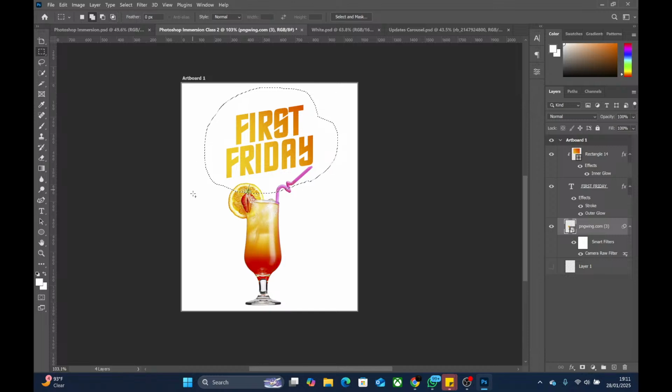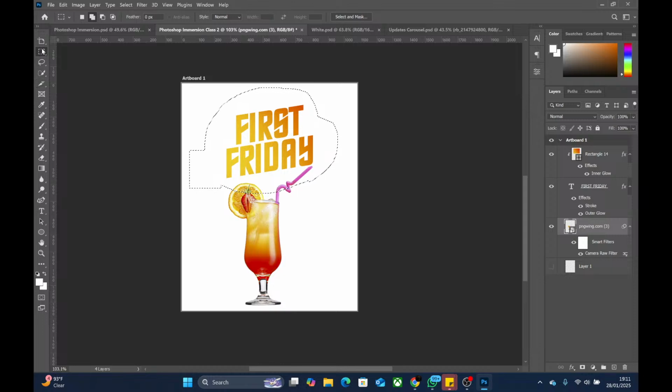Now please look at my mouse pointer. It has a big plus right now and a little plus beside it. The big plus mark is called crosshair. And then it has a little plus beside it. That is telling you that when that plus is active, any selection you make will be added to the existing selection. Watch my mouse. I'm drawing right now. You see that it is expanding it because of that plus.